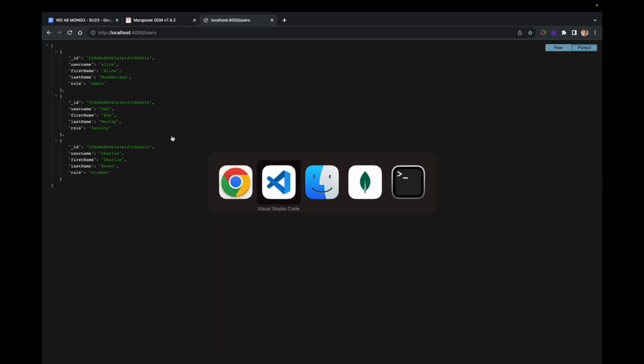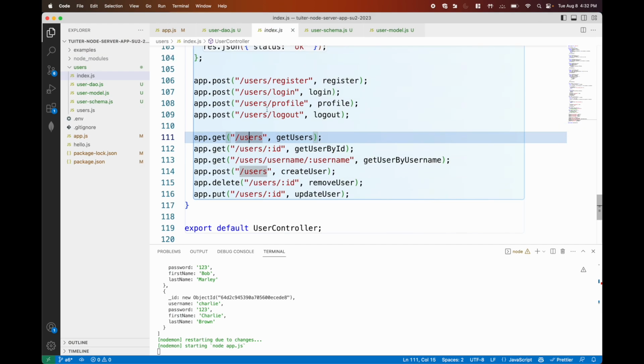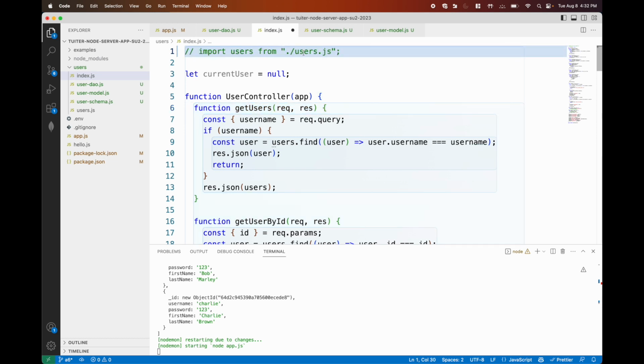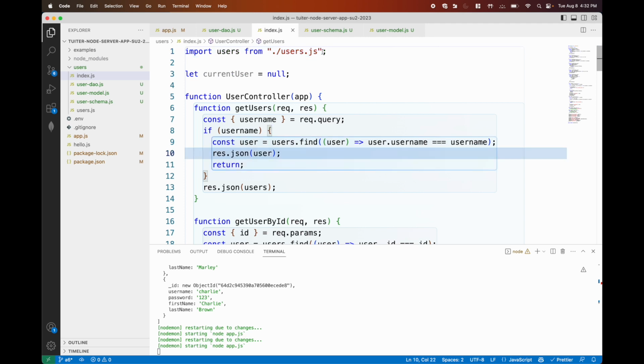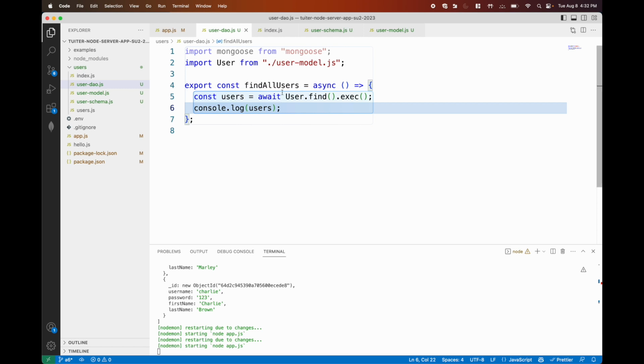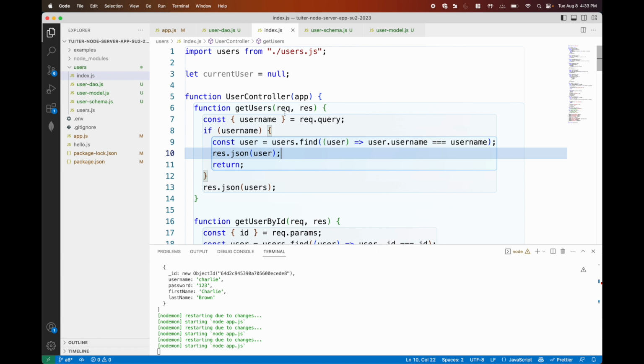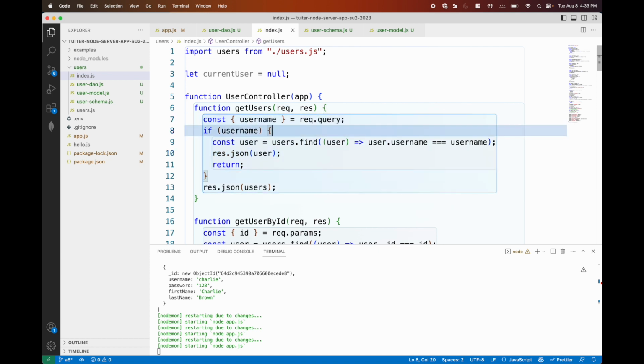But right now it's coming from this array, right? But instead we want to retrieve this not from this array. Right? We want to be able to comment this out and no longer use the array. Instead, we want to retrieve from this DAO. Right? So let's use that, right? So we're going to just return the users here. And so from the controller here, instead of using the